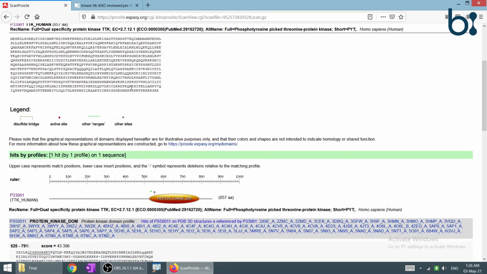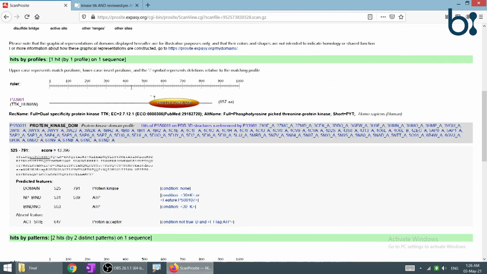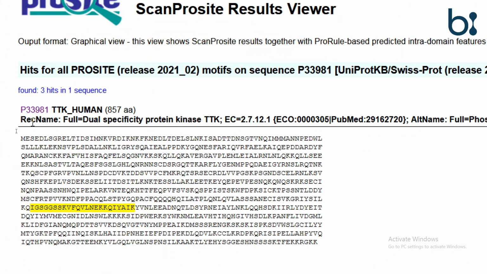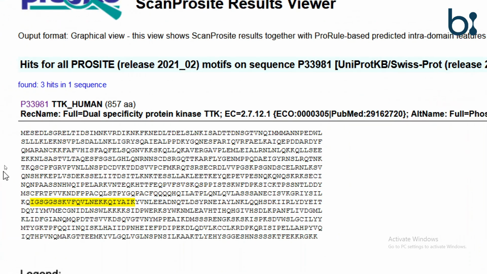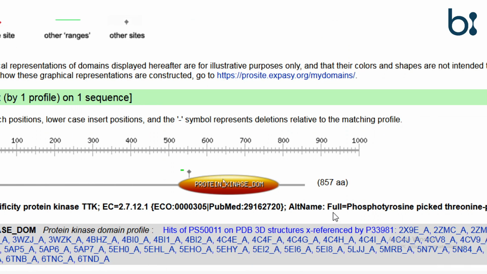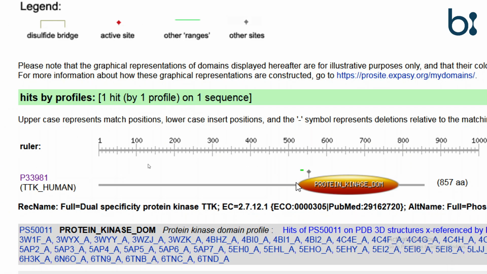So this is how the result comes. Let us understand the meaning of the results. This is the protein sequence. Then here is the graphical representation of our protein kinase, that it is present at 525 amino acid to 791 amino acid.